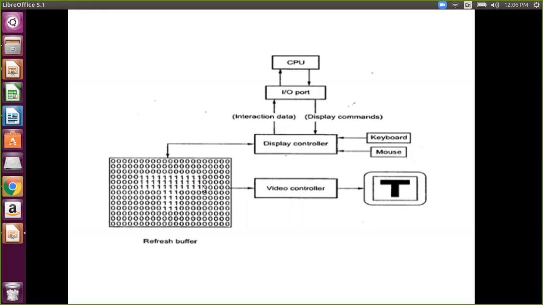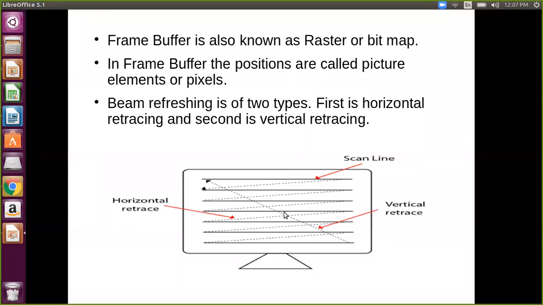So in this we need a buffer where we already make this scenario and then give it to the display. While in the previous one, only randomly selected segments and pixels are drawn directly to the beam. So if you now understand these points, then I can ask you the difference between the two display formats, scans, the random scan and raster scan. Okay, now it's your time.